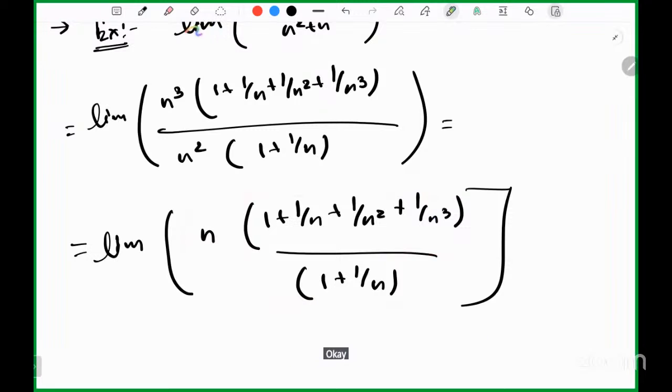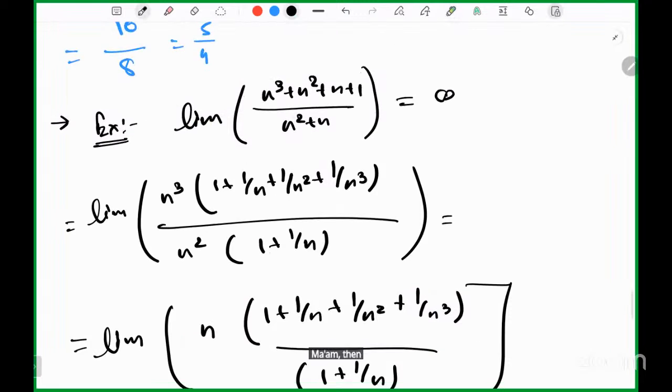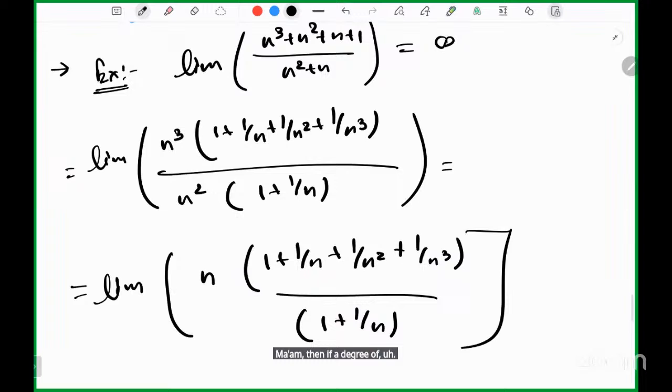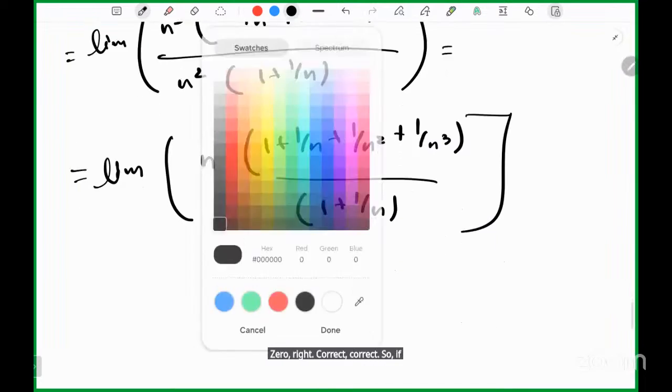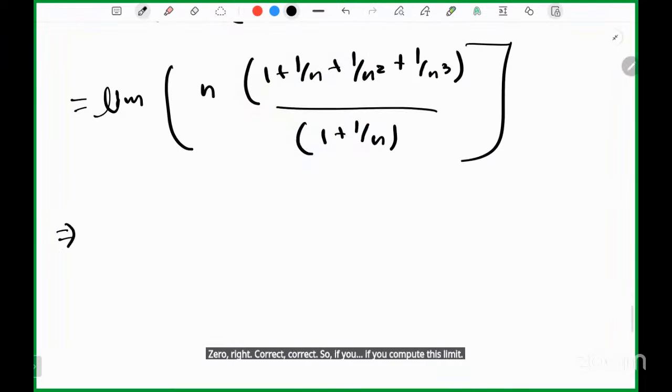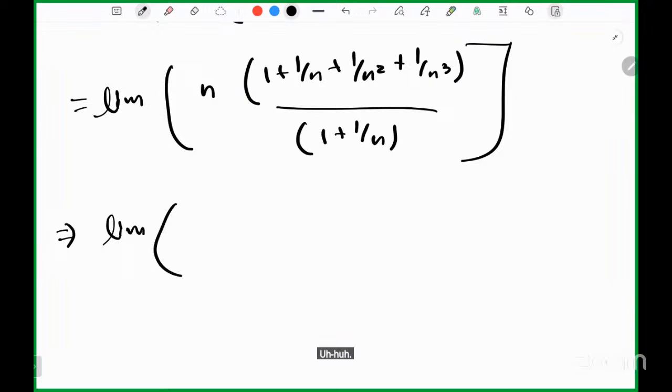Ma'am, that then means if the degree of the denominator is higher than the numerator, then the limit will be 0, right? Correct. So if you compute this limit, okay. Thank you. So similarly,